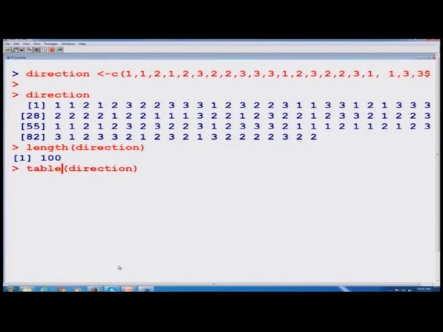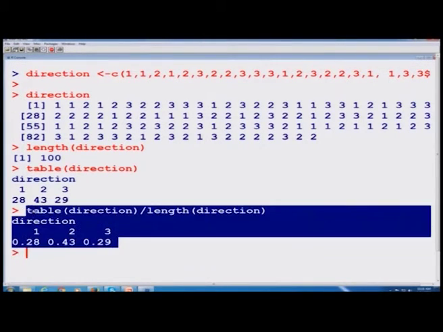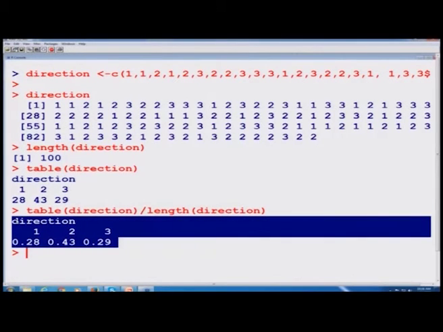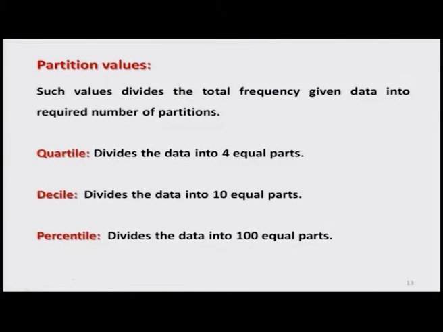So, this is table, that is absolute frequencies, and in the next line I take table divided by length of direction, which is coming like this, which is the relative frequency. The same screenshot I have given in my slides also for better understanding. So, we come back to our slides. This is how we compute the absolute and relative frequencies.